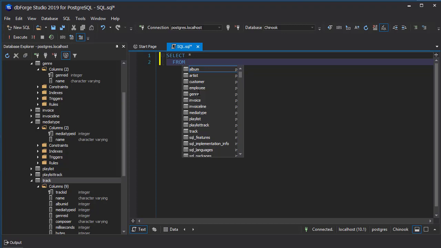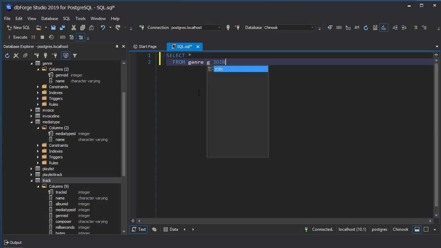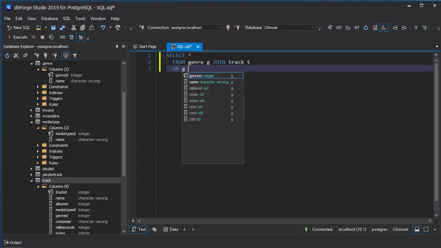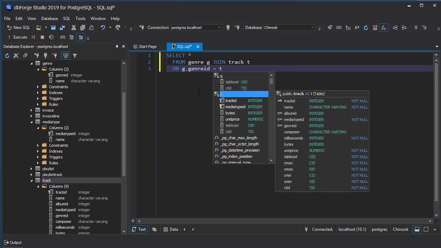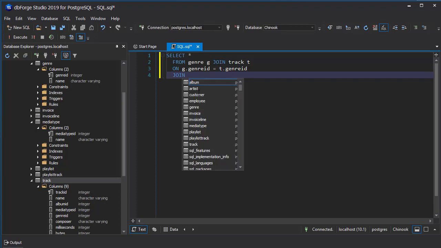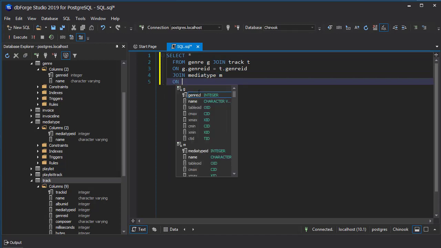So I'm going to join in genre G, join track T, so linking those two tables would be on G dot genre ID equal to the track table's genre ID. And then I also need to include in here the media type table, and I'll abbreviate it as M. So that'll be on